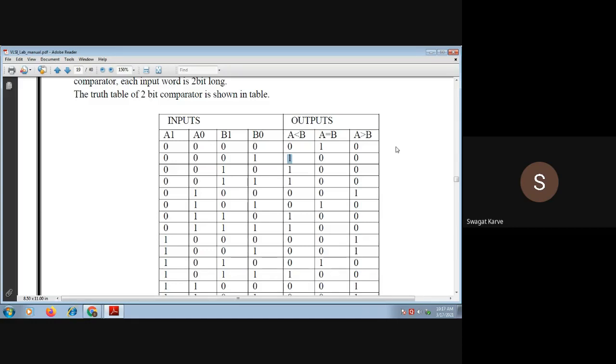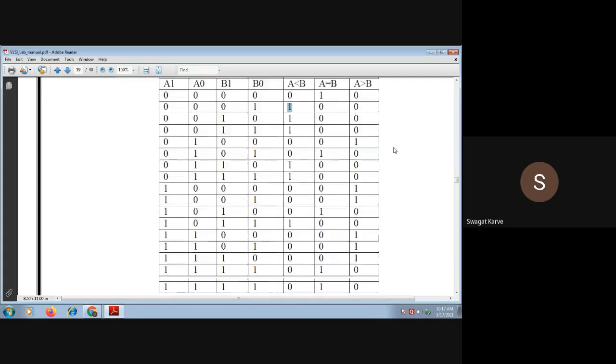If A is greater than B, then the bit for A greater than B is set to 1. If B is greater than A, then the bit for B greater than A is set to 1. Depending upon the various combinations, the respective bit will get set. So this is the truth table for the comparator.